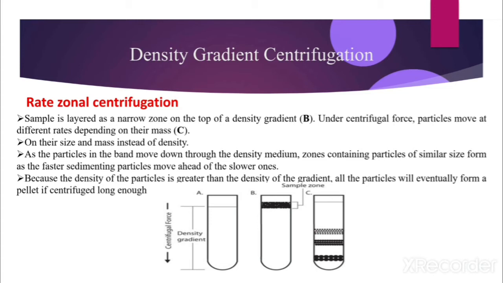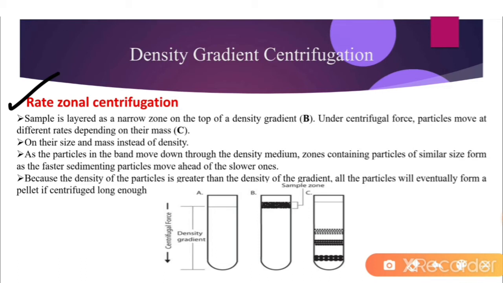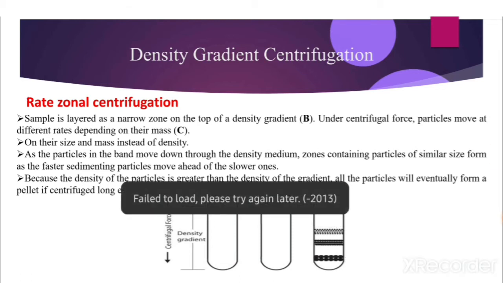Now see, in this technique, mostly viruses are separated on the basis of their rate, and on the basis of their rate they will form zones in the centrifuge tube after centrifugation. Due to centrifugal force, what will happen? Whatever samples we have kept in this centrifuge tube will flow down the tube, and they will form layers on the basis of their density gradient or their rates. At the end, we can easily purify these layers from the centrifuge tube. Mostly a plastic tube is used in this technique.